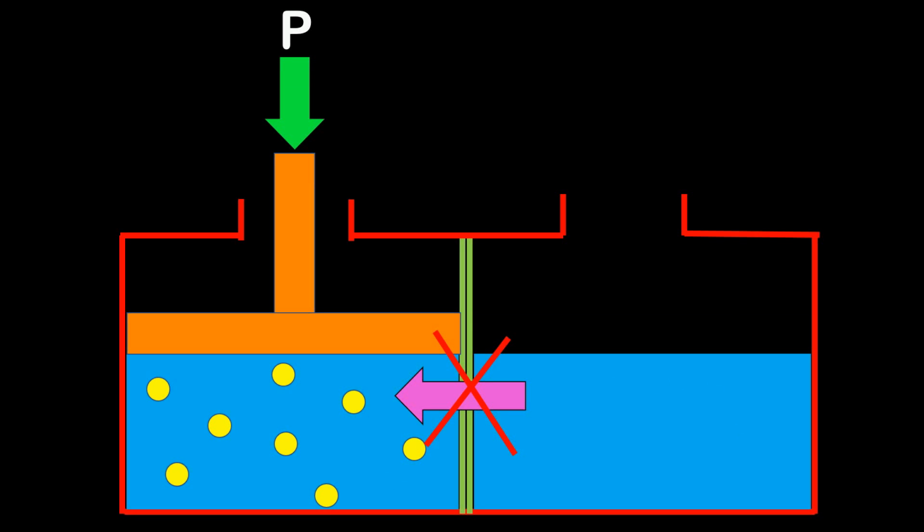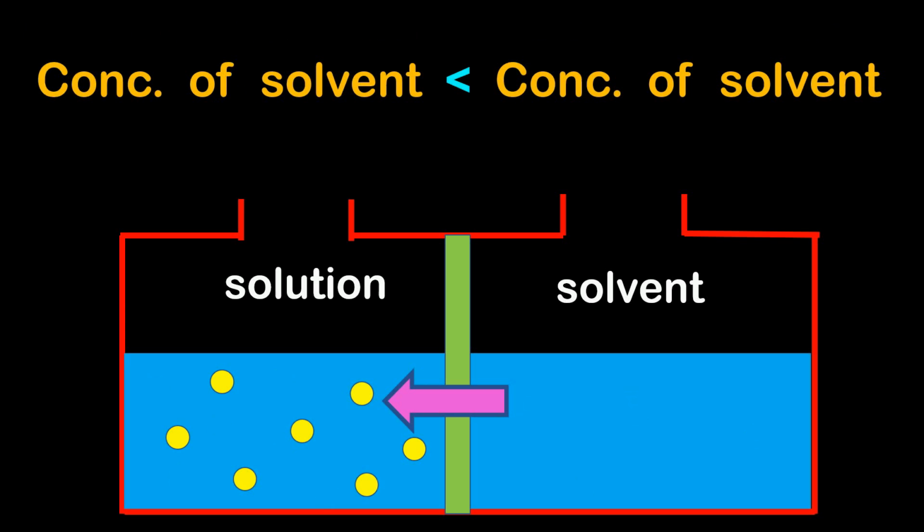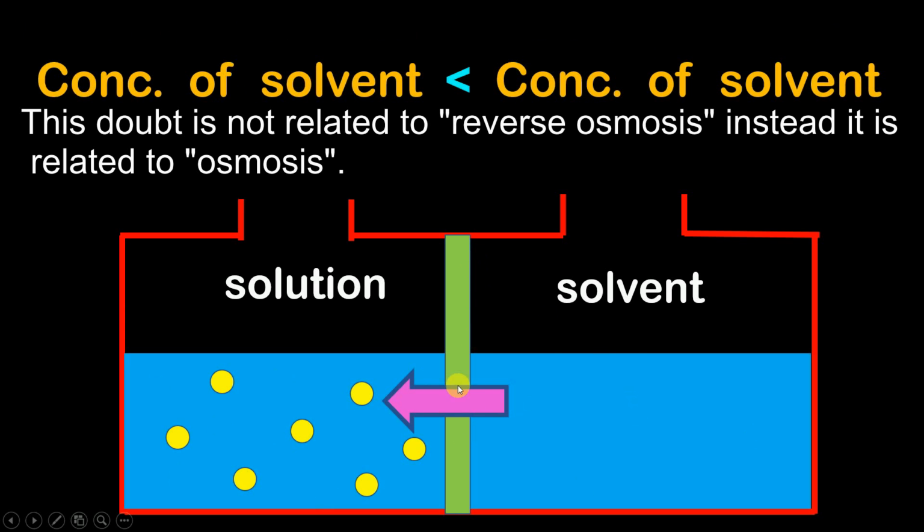Now guys, I have a doubt over here. So let me take you back. Now, as I mentioned earlier, that through this semi-permeable membrane, the solvent molecules can travel from either right hand side to the left hand side or from the left hand side to the right hand side. So, don't you think that when the solvent molecules are traveling from right hand side to the left hand side, even the solvent molecules on the left hand side should travel on the right hand side? What do you think, guys?